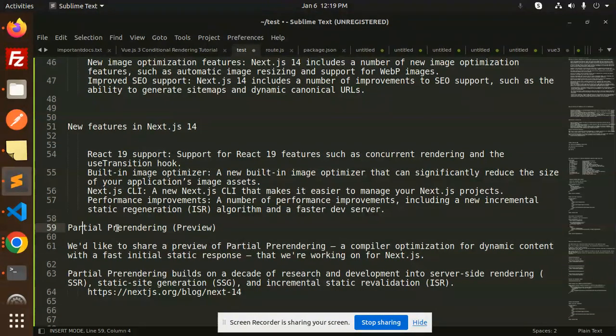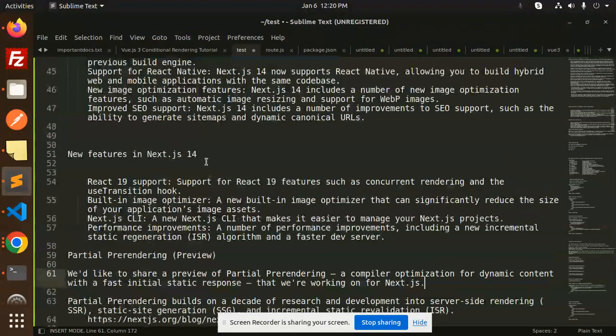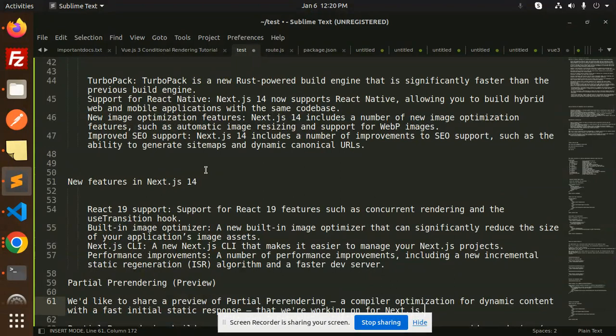And there is a Partial Prerendering preview. We'd like to share about Partial Prerendering and compiler optimizations for dynamic content with a fast initial static response that we are working on in Next.js. Okay, so these are the features that Next.js has provided, so we have to use them in later